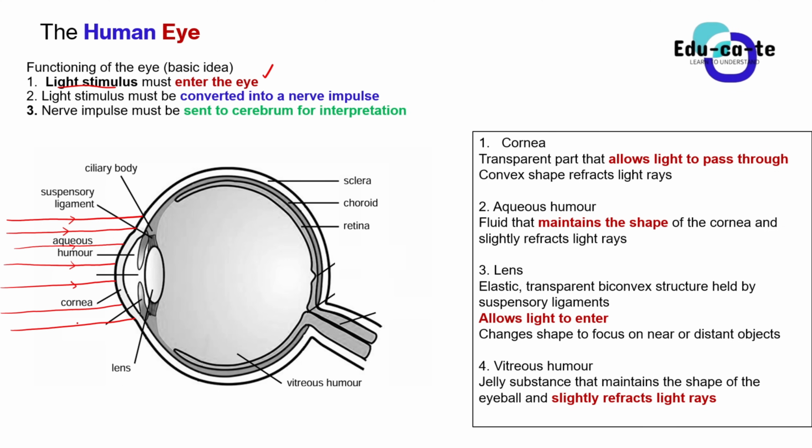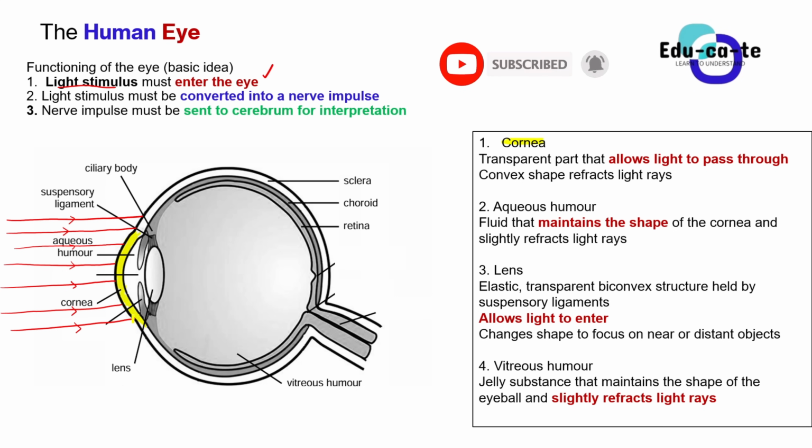So we start with this projection that is known as a cornea. So what is a cornea here? Basically the cornea is a transparent layer. The sclera here is the white part, remember? Just above the sclera there is this bumpy part here. This bumpy part of the eye is known as the cornea. So the bumpy part of the eye here is the cornea.